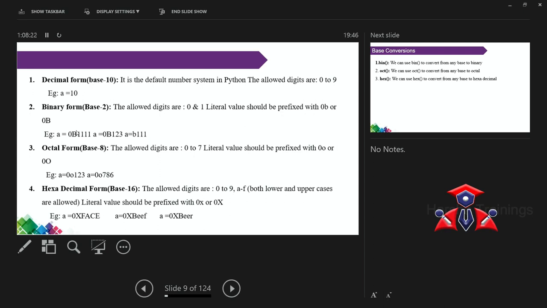For example, if it is base 17, what are the possible values? Exactly. Remember, it depends on the base value. From 0 to 9 is fixed, and then 10, 11, 12, 13, and so on are represented by using the alphabets. Here, everything is predefined. No need to do anything. These are the decimal numbers, right?